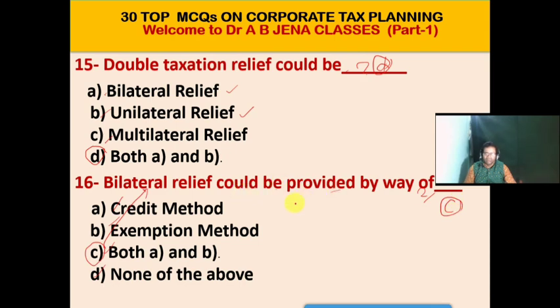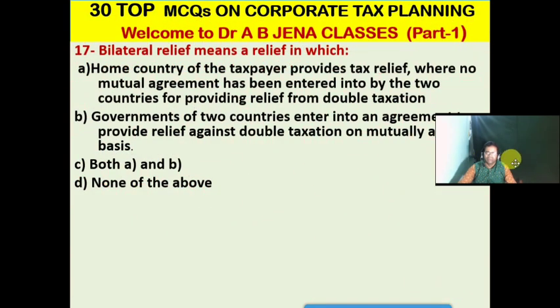Bilateral relief could be provided by way of what? The credit method as well as the exemption method. So C is the right option for this MCQ. So next one MCQ,